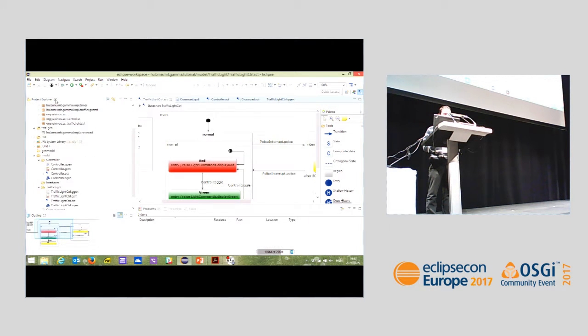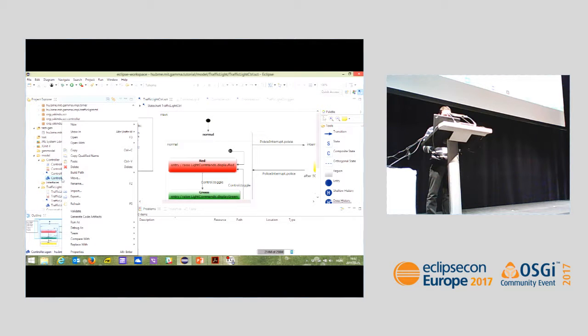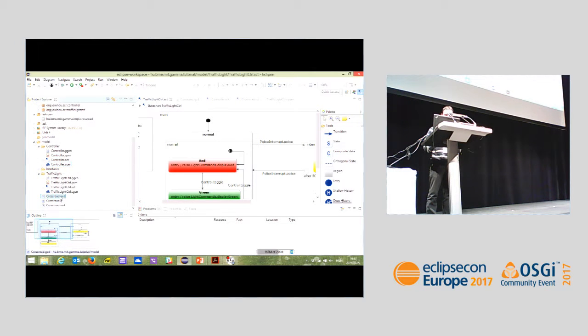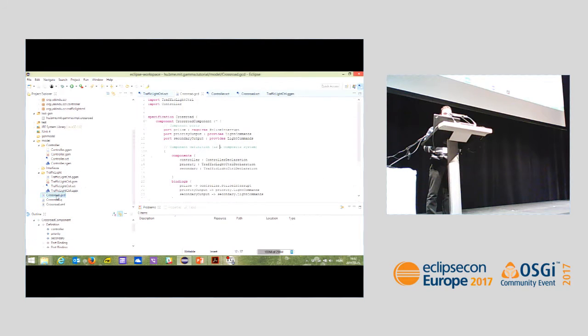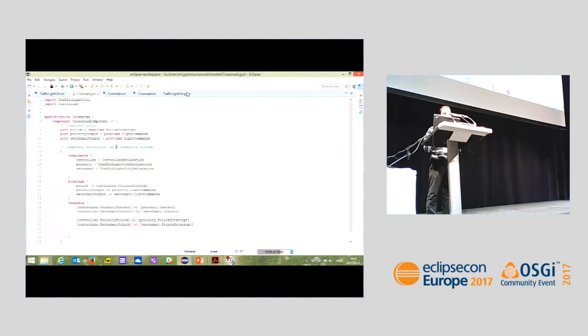You can use the code generator of Yakindu to generate the code, and then you can generate the code for the composite system. Here is the definition of the composite system, where you can instantiate the components, the bindings, and the channels, and then you are able to generate the system level code from the individual components and the composition.